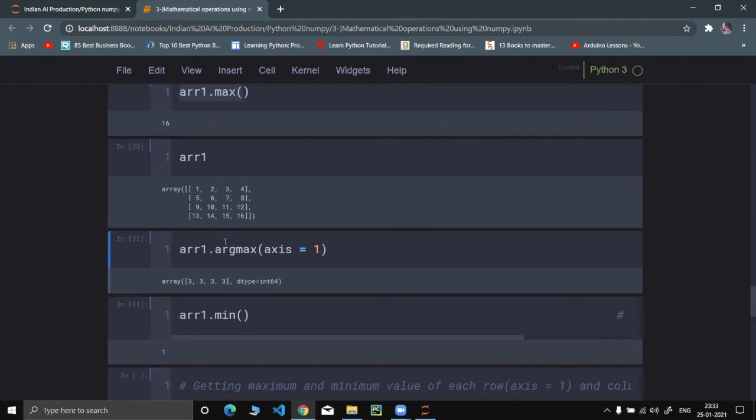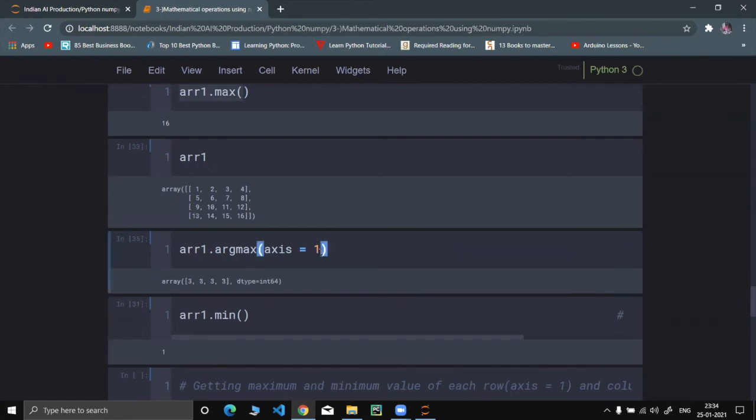Let me again confirm. Okay, axis equals to 1 will check for every row, and it will return the index of the maximum value in each row, basically.